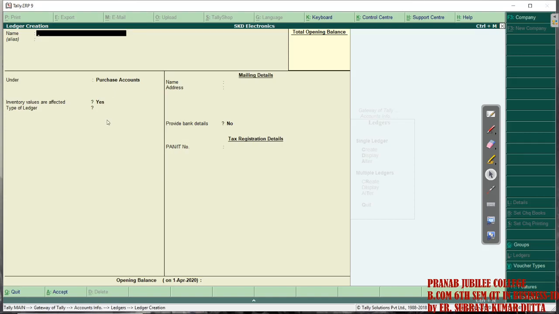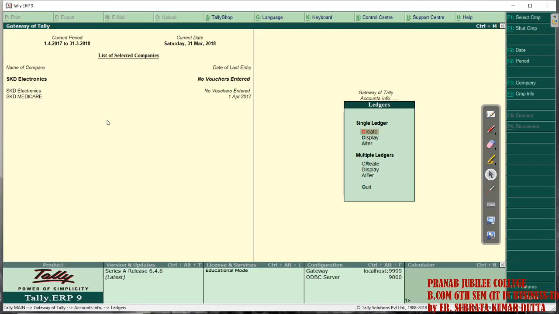If you want to go to your previous screen, what you have to click is escape. If I have to go directly to the previous screen, I will click escape. Then if I have to see the ledgers that I have created, I will go to the display option. Here it is.